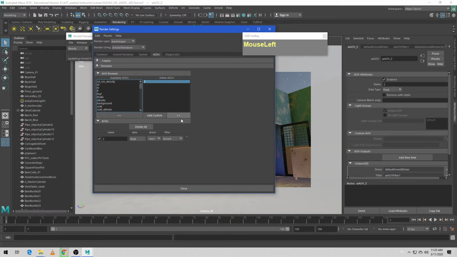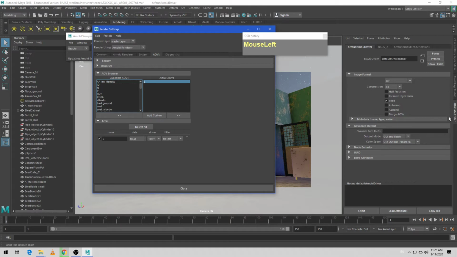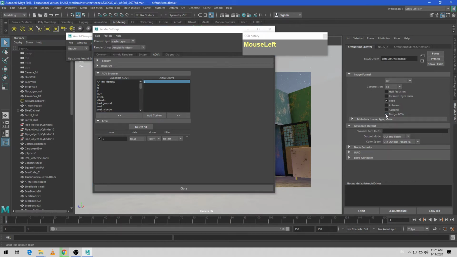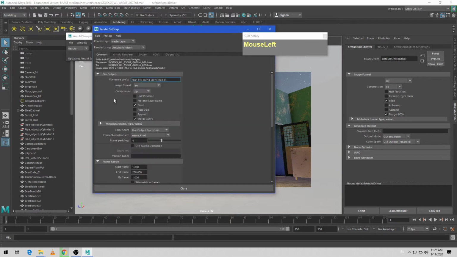All right, now go over to the drop-down menu here and you can click on select driver, and then if you go over to the attribute editor, you can enable merge AOV. You can also enable merge AOV under the common tab here. All right, so now we want to test render a single frame, so I'm going to give it a name. I'm going to call it ZDAP